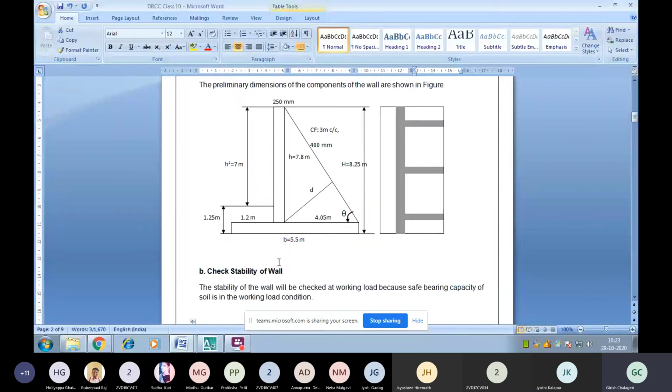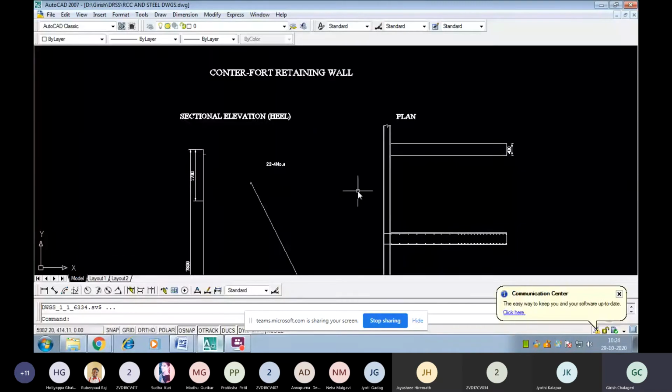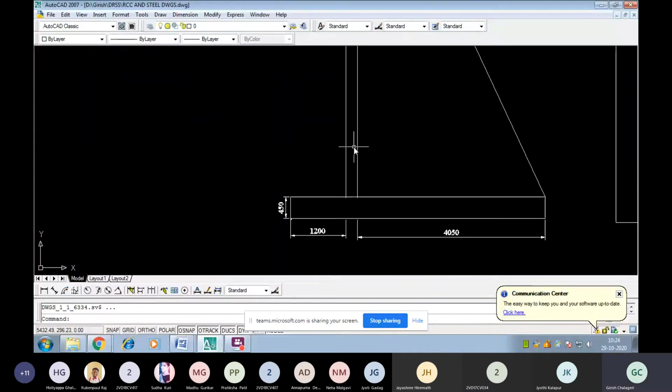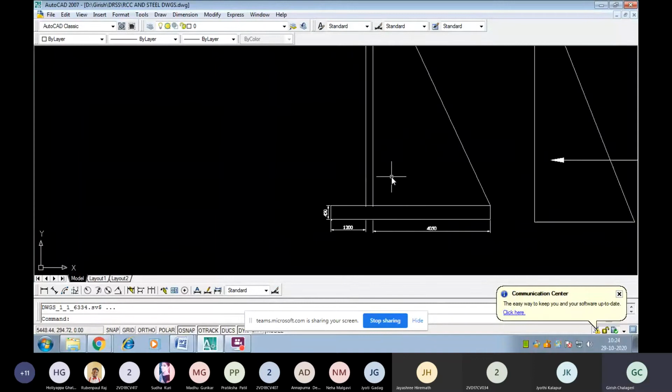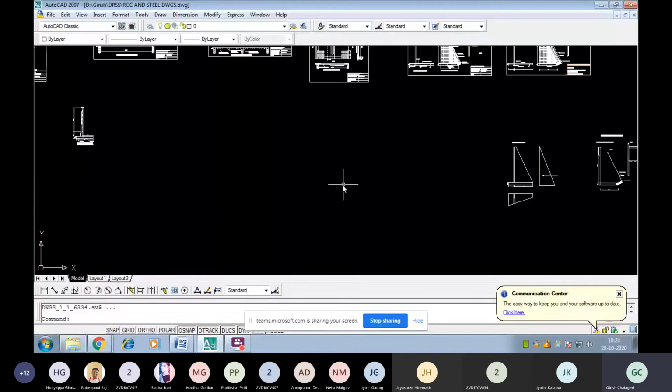Next, the overturning moment. The overturning moment is nothing but due to the horizontal force that we can see here. All these forces, the stem weight, heel slab weight, as well as the weight of soil, will act clockwise in this direction to resist the movement. And the horizontal force of soil will be acting in an anticlockwise direction, which wants to push this entire structure away. That is the horizontal force, that is PH. How do we get the PH value? We can know this here.